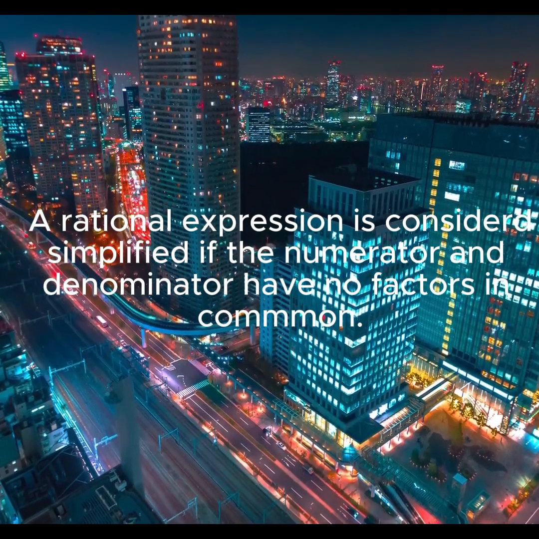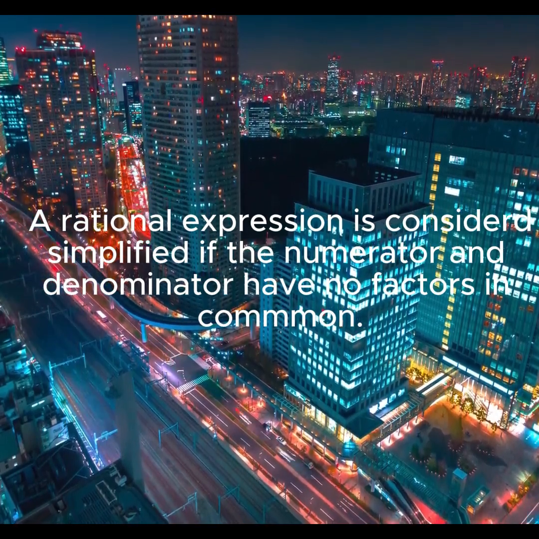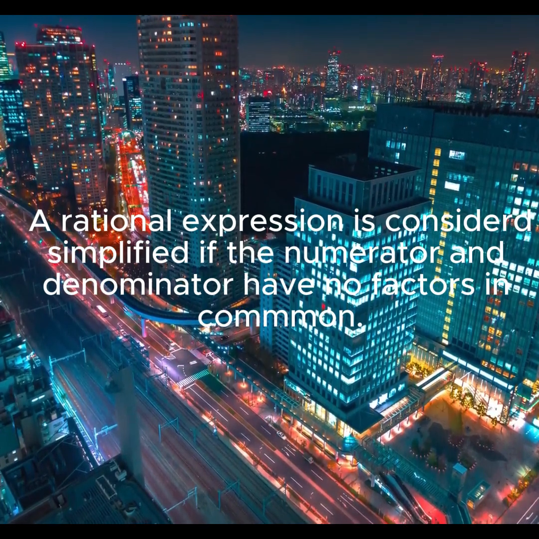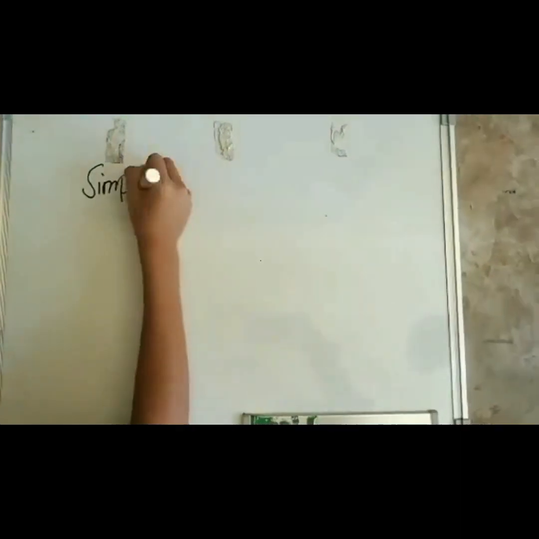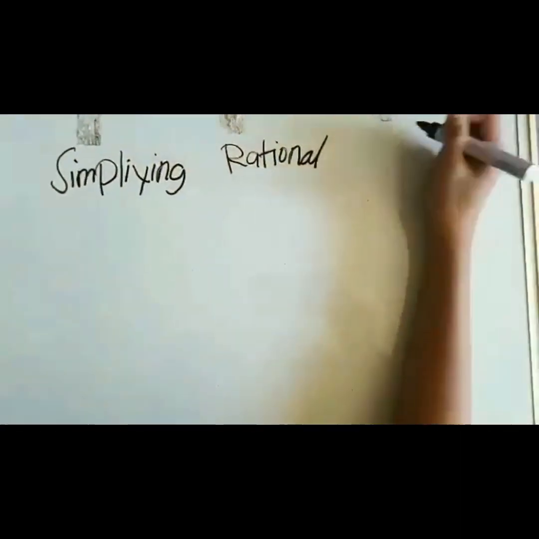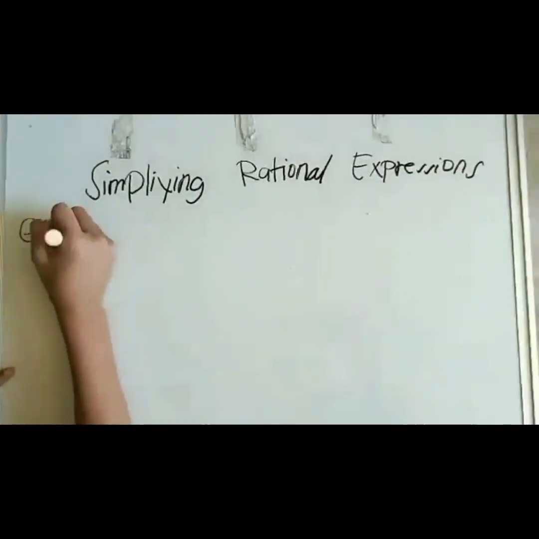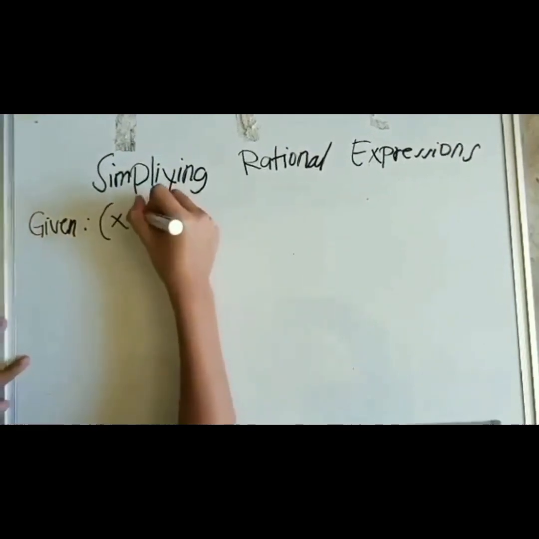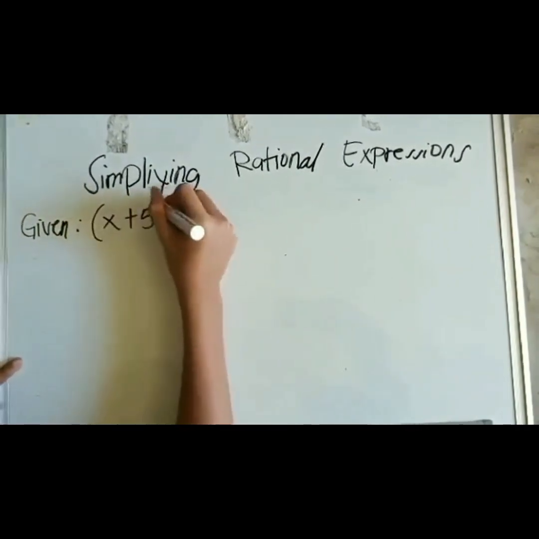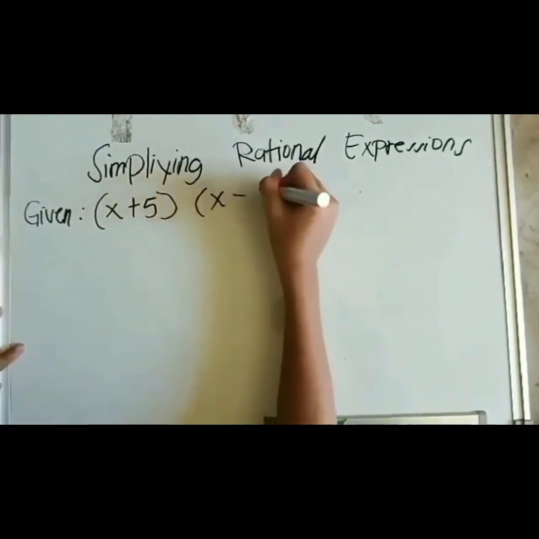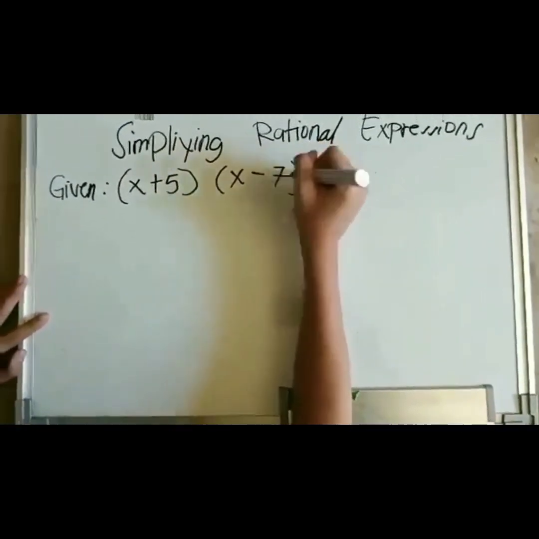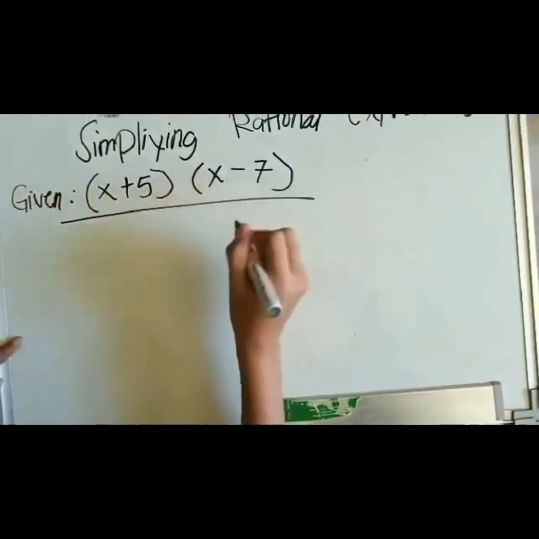A rational expression is considered simplified if the numerator and denominator have no factors in common. Simplifying rational expression. Given are (x plus 5) times (x minus 7) over